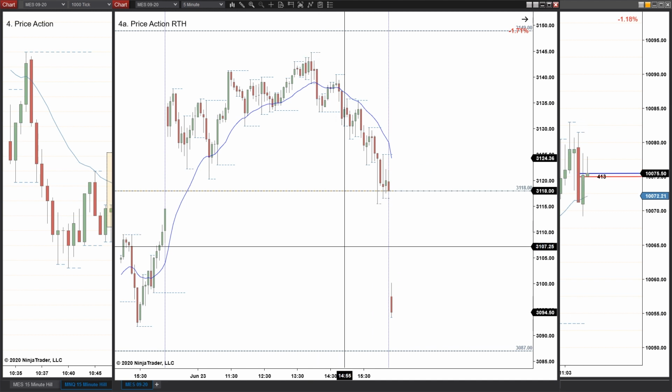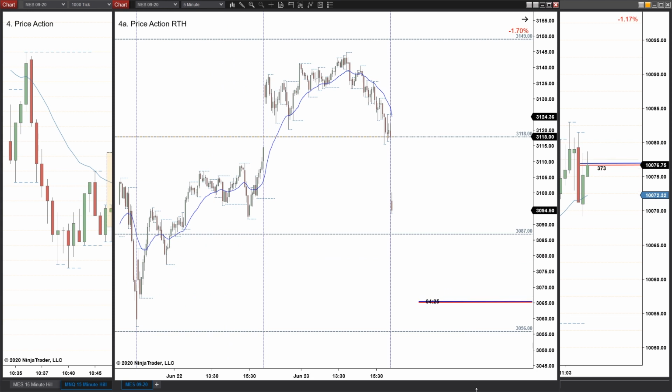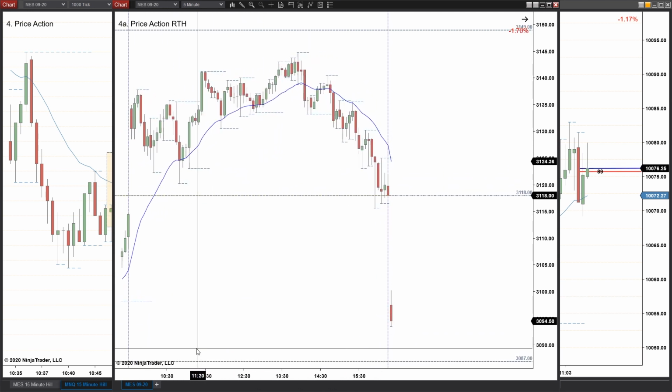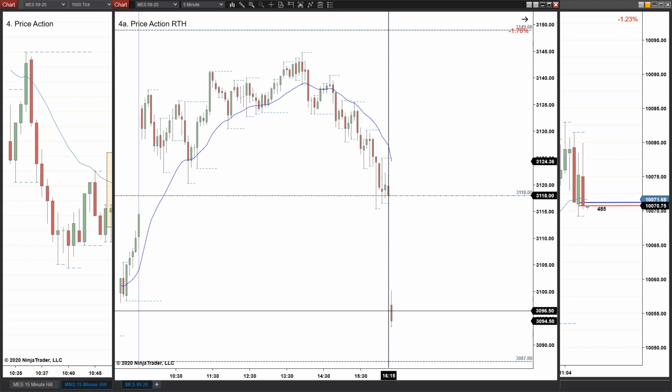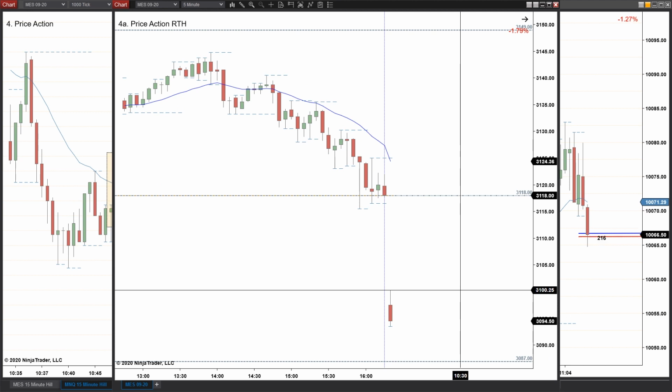Now, even more interestingly, if we zoom out a little bit further, this could also be the potential start of an island reversal. If you're not familiar with what an island reversal is, it gaps up and forms an island, and then gaps down and runs away. Well, we had a big rally to the upside, they gapped up, formed the island, and now we're gapping down. That's potentially very, very bearish, so that's a clue of something that might be going on. We have an outside gap down, and the first candle of the day is pretty bearish, right? That's a very bearish candle.